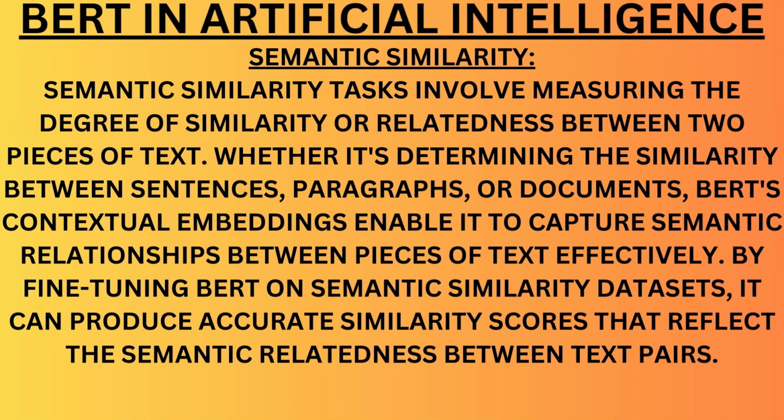Semantic similarity. Semantic similarity tasks involve measuring the degree of similarity or relatedness between two pieces of text, whether it's determining the similarity between sentences, paragraphs, or documents. BERT's contextual embeddings enable it to capture semantic relationships between pieces of text effectively. By fine-tuning BERT on semantic similarity datasets, it can produce accurate similarity scores that reflect the semantic relatedness between text